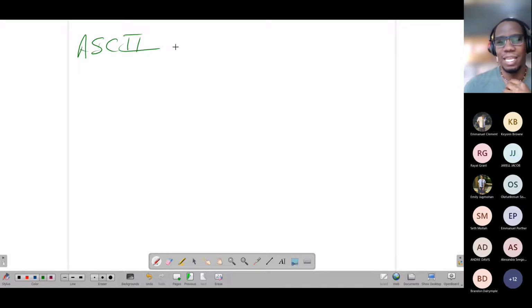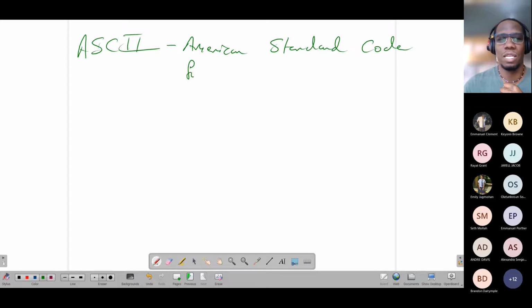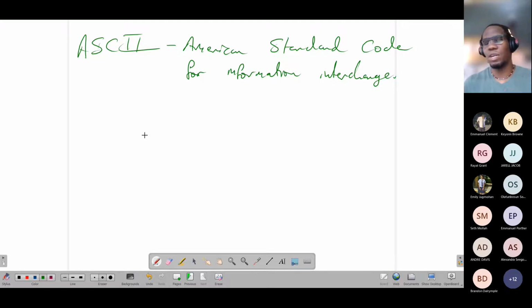ASCII is the American Standard Code for Information Interchange. And what ASCII does is it essentially allows for the translation of data into a format that can be